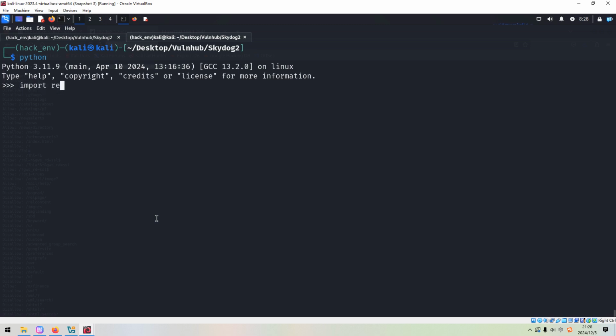We can import the requests module, and the base URL is the IP address of the target. We can open up the DIRs file in read-only mode, and for line in read the lines, the URL should be base URL plus line.